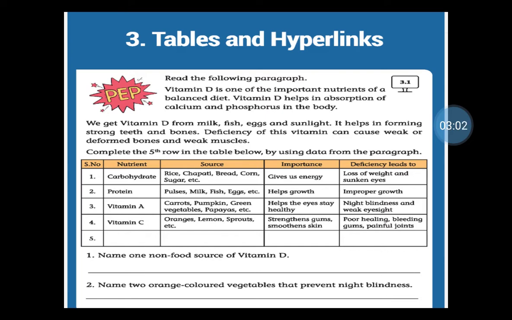They have also asked two more questions: first, name one non-food source of vitamin D, and second, name two orange colored vegetables that prevent night blindness. You have to write these two answers.